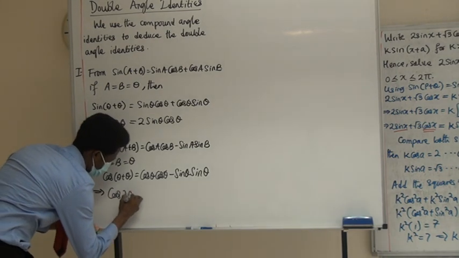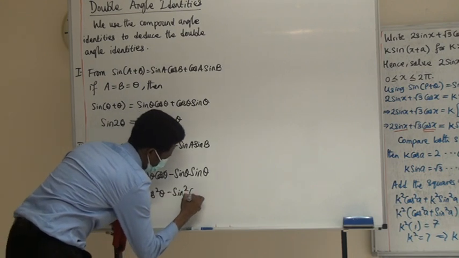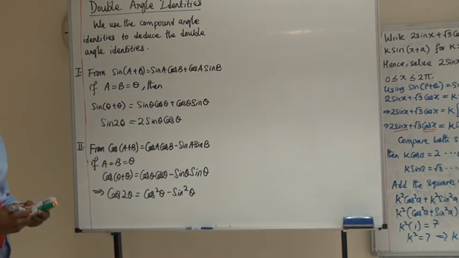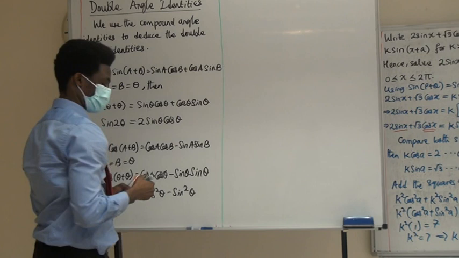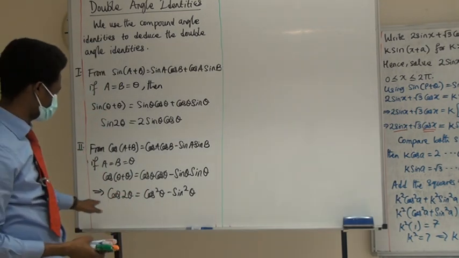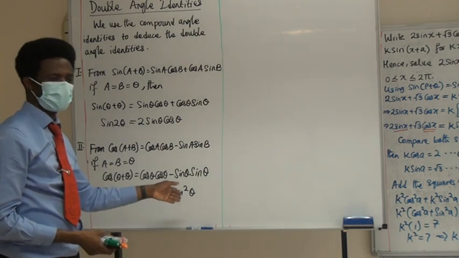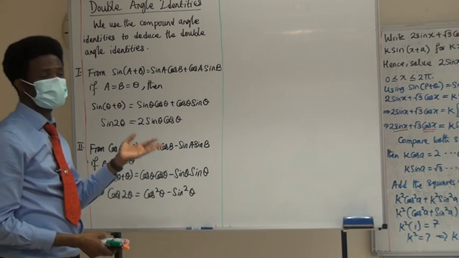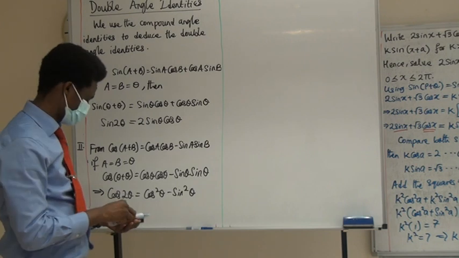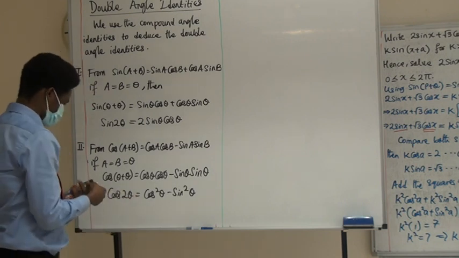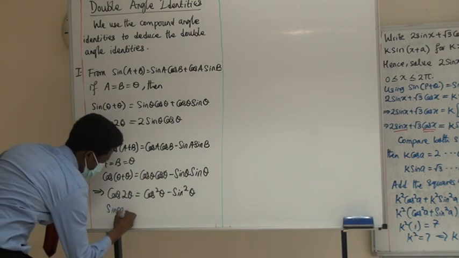Cos 2 theta is equal to cos squared theta minus sine squared theta. That's one identity. The reason why this is just one is that cos 2 theta can be written in three ways, because you can express it as a mixture of sine and cos. You can express it as cos only. You can express it as sine only, using your Pythagorean identity. Understand? Yes. So I can go this way. So since cos squared